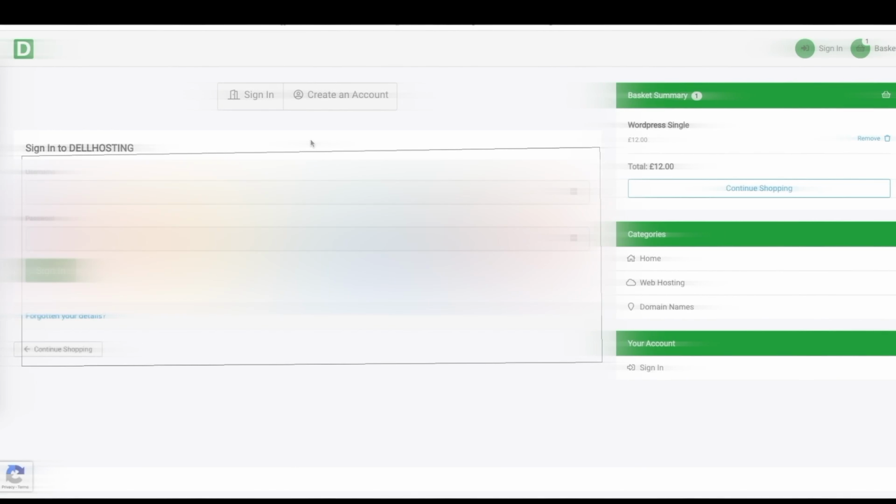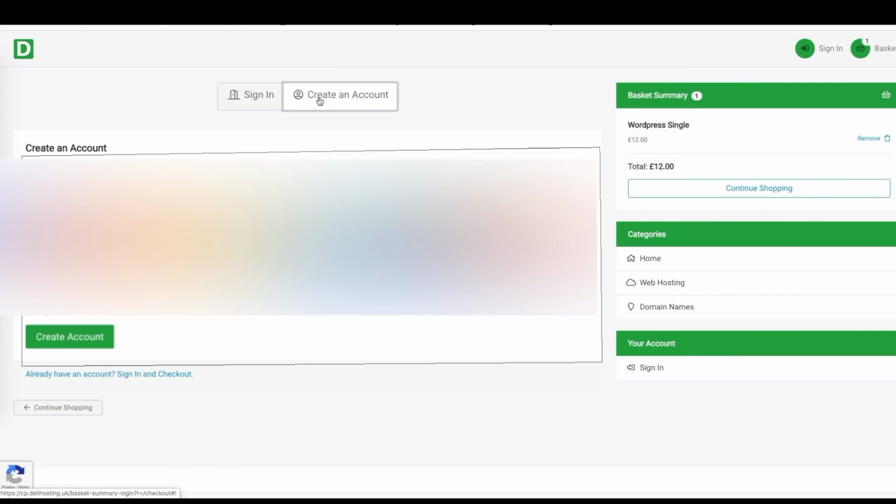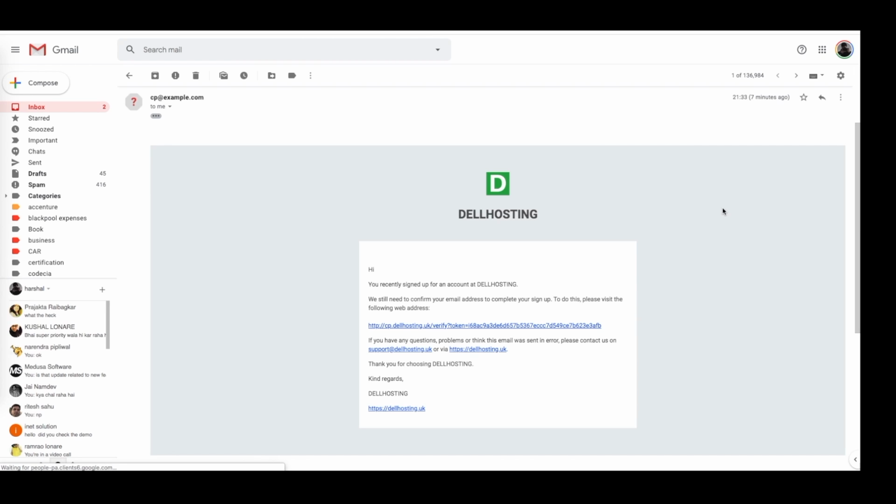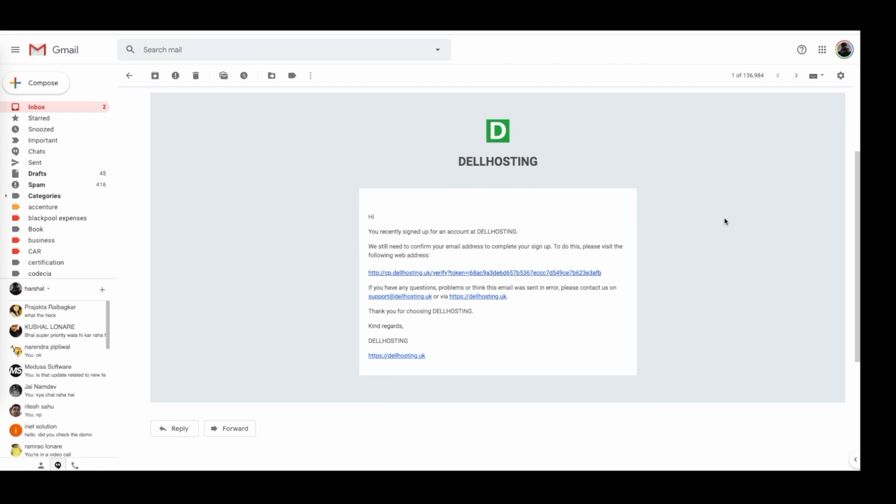Now we have landed on a sign in page. If you're a new customer, you can easily create an account. Then I agree to the terms and conditions, and then click on create account. After registration, you will receive a confirmation email. You need to click on this